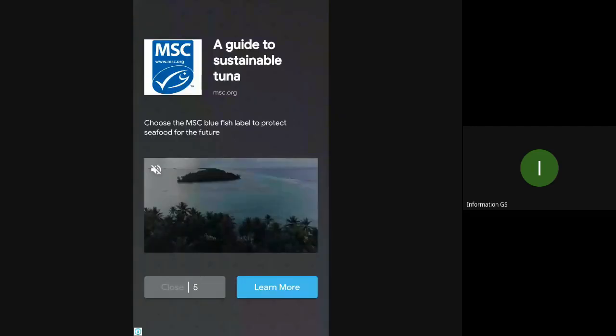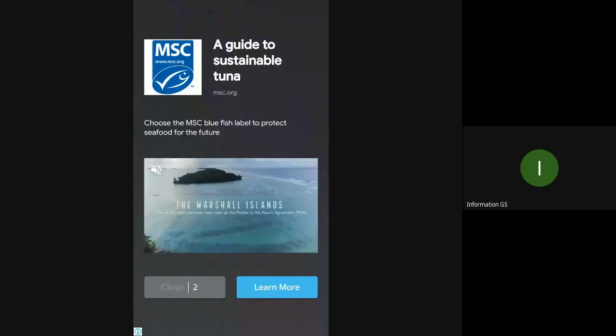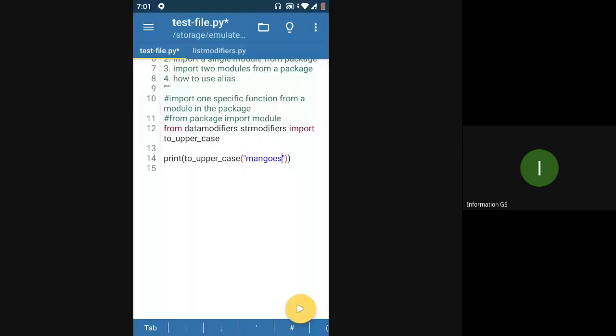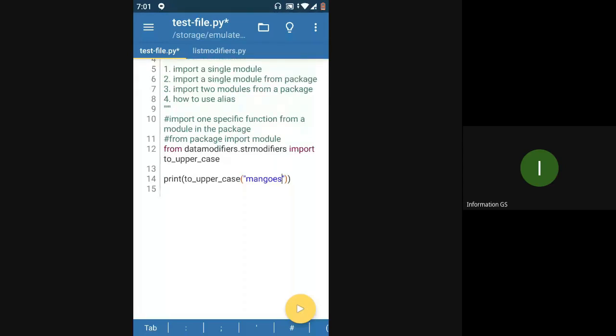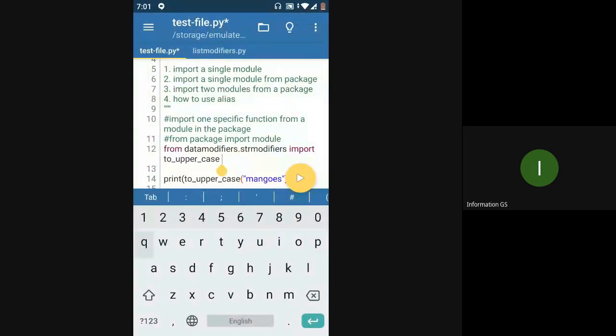So yeah, again the same thing happened. This is when you know you want to use only one function. If you are not sure if you're going to require all the functions or just one function, then in that case you can import the whole module as is imported here. And again you can use an alias over here as well.